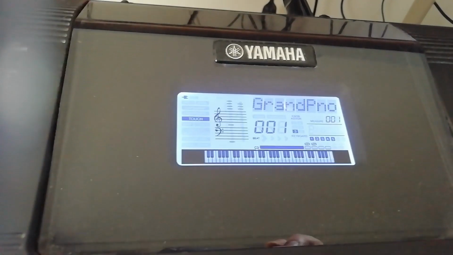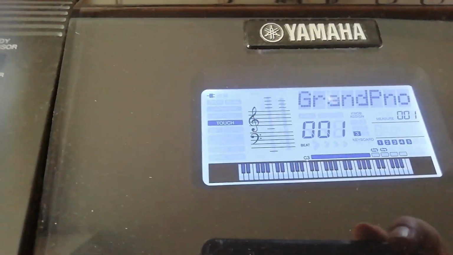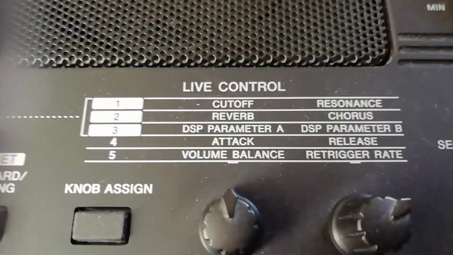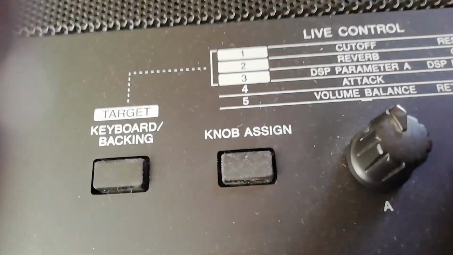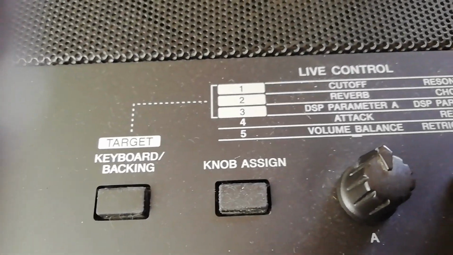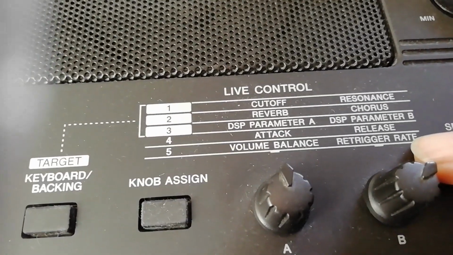Another very interesting thing are the predefined DSP effects, or predefined effects each instrument has. So cut off, resonance, and you got the idea because I explained to you how it worked.